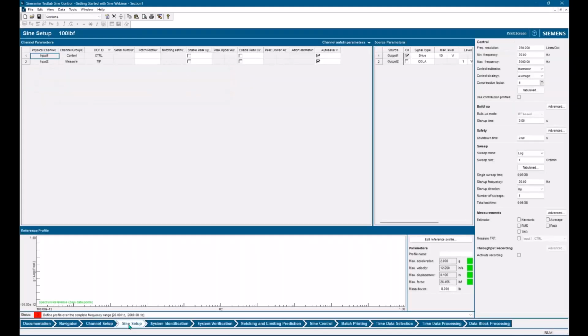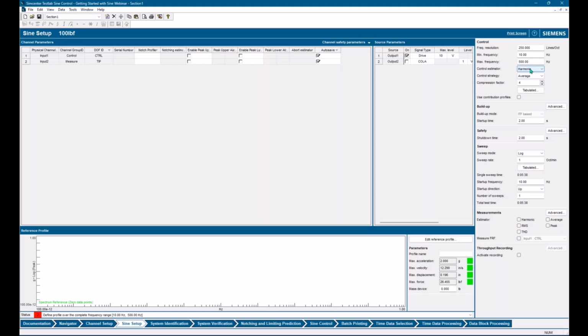All right, so we'll go to sine setup, which is the next step here. And we're going to define how our sweep is going to run. I like to start on the top right here, and I'm going to type in a beginning frequency of 10 hertz, and I'm going to sweep up to 500 hertz.